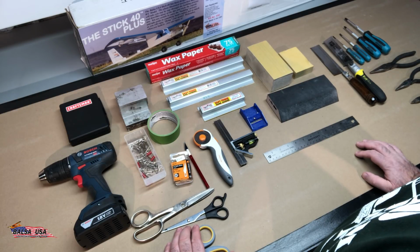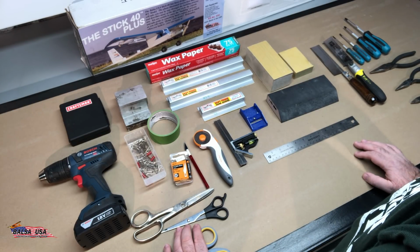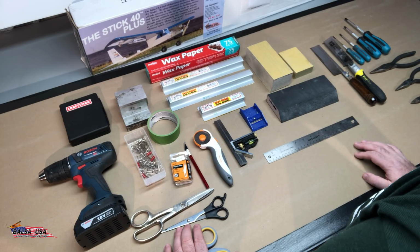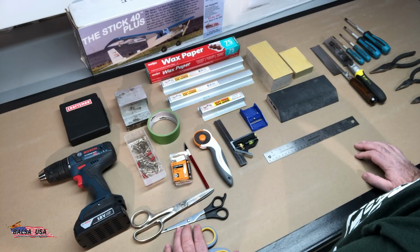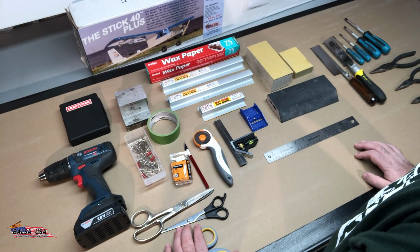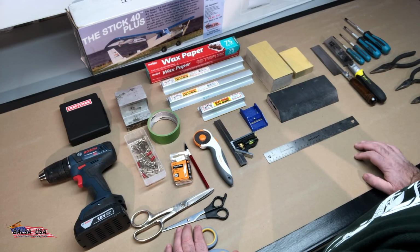So what I want to do now is go through and show you a couple of optional tools that I have. So if you have the means or if you have them on hand, they're a great addition to your building and they will help you build a little bit quicker. If you want to start slow and get a couple of things at a time, I would suggest doing that. Just keep in mind, one of the things I've learned over the years with hobby is the nicer the tool, the longer they last. I know some of this stuff can be fairly expensive, but you get what you pay for. Now, that being said,